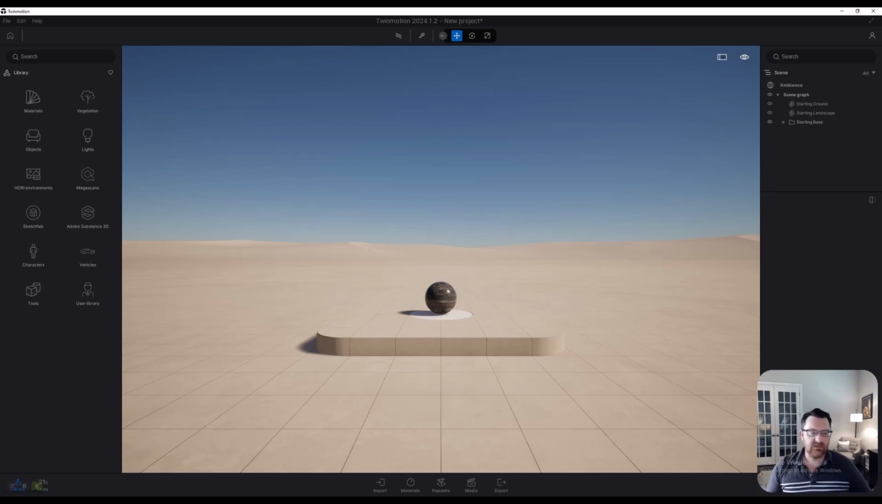2024.1.2, but if you're watching this maybe a few months after the video was made, you might be using a newer version of Twinmotion. Please note that most of what we'll talk about will probably stay the same. So just keep that in mind. We'll be using a mixture of path tracing and Lumen. We're going to do a few interior shots on this as well, but this is primarily a tutorial on exterior